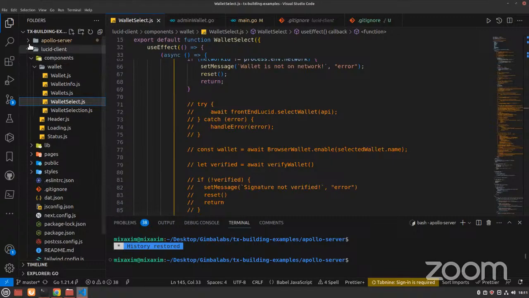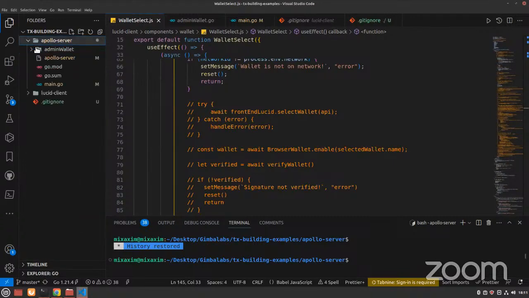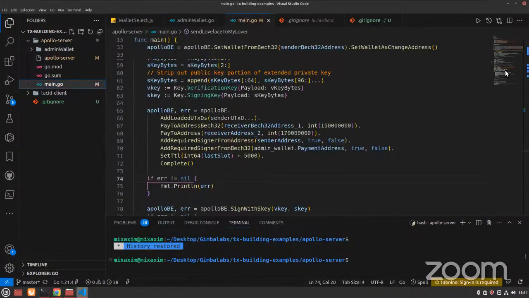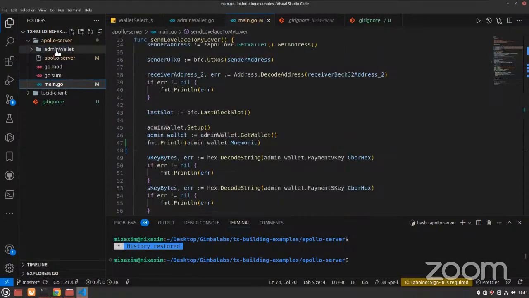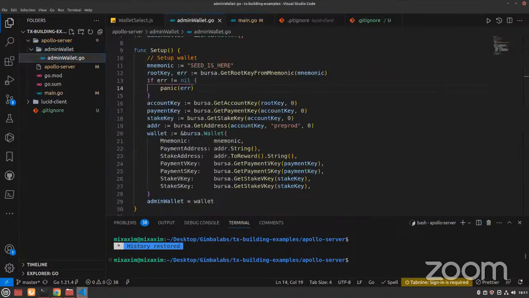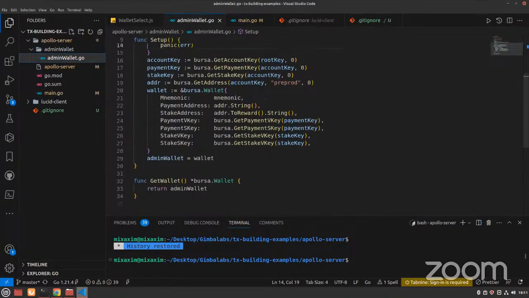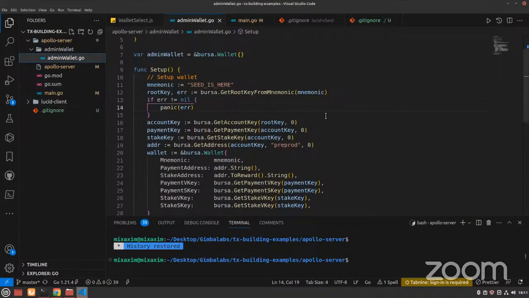And the other part would be the Apollo, the code we were working on, where we crafted this transaction last week, and yesterday we just added the wallet. But what we are going to do is, firstly,